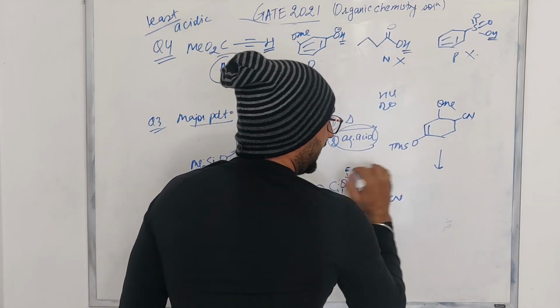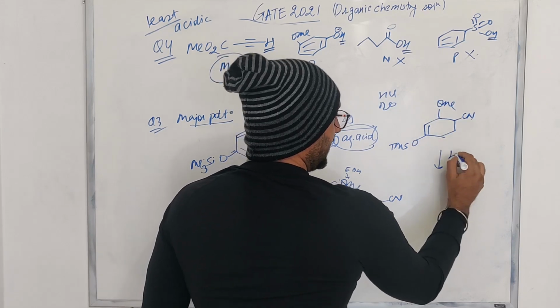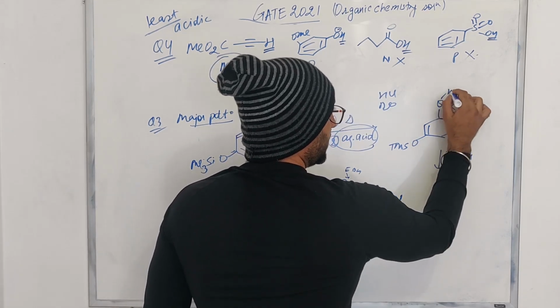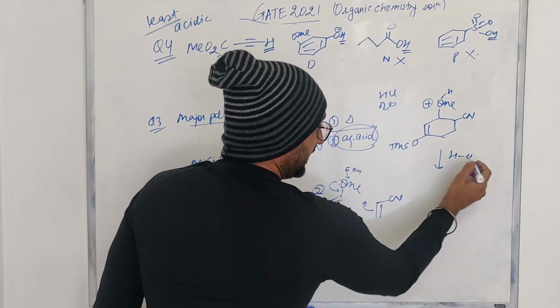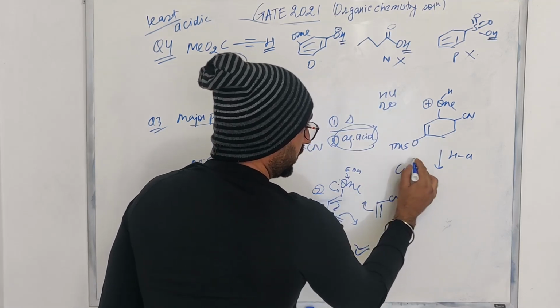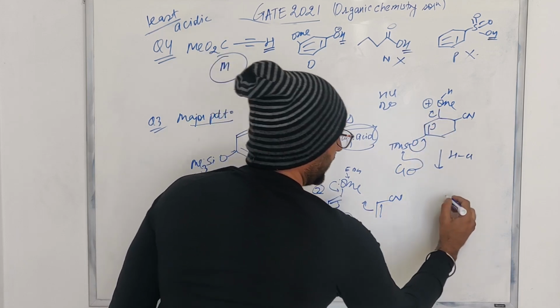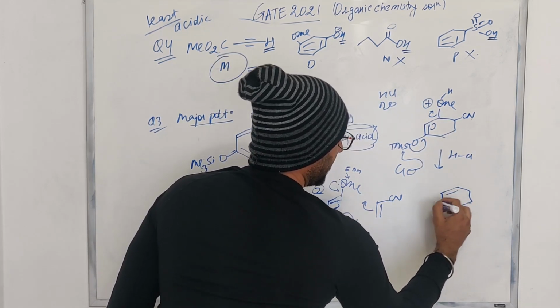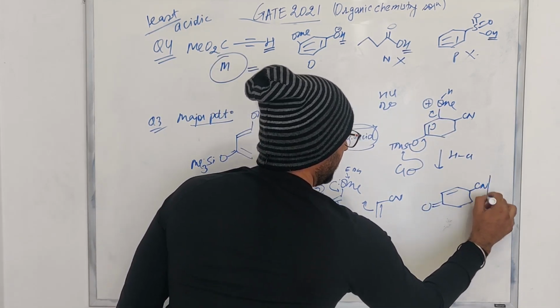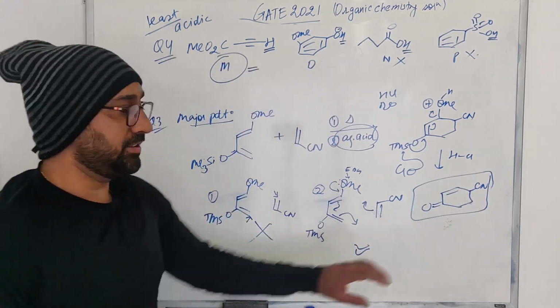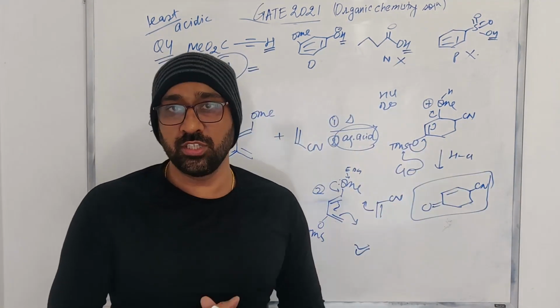जब आप HCl in water लेंगे, तो what is happening? This is undergoing protonation. ठीक है, so what you have is this one. And the chloride is going to attack the TMS. ठीक है, this is going to come here, and this is going to leave. So what you are going to basically get is this particular compound. ठीक है, and this is going to be your answer. So this is how you can approach such problems.